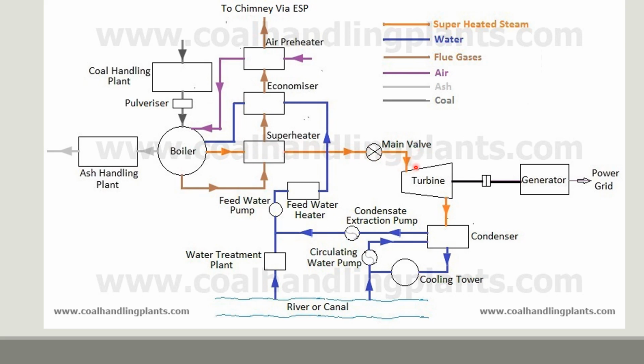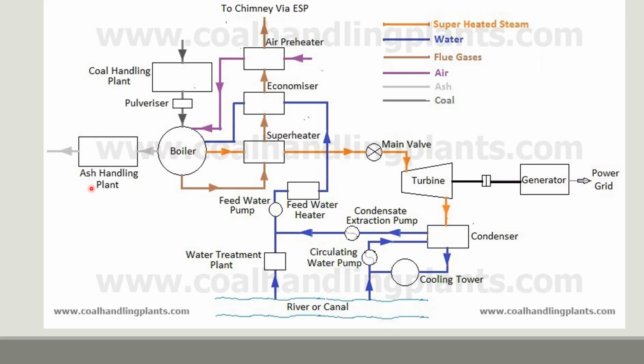It provides the superheated steam into the turbine, which generates electricity with the help of a generator, and this saturated water coming out of the turbine goes into the condenser. Further, it is provided to the cooling tower, where it sprinkles the water into air, which reduces the temperature of the water. Further, it is provided to the pump, and it goes back to the feed water heater and economizer, where it is provided back to the boiler.